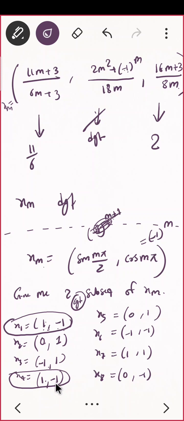x4 will be this one. Yeah. This will be 0. Correct. And next. Okay, so I have to just see that false. And what about fifth one? It will be 1, na? Minus 1. It will be minus 1, correct? And what about 6? It will be again 0. 7, it will be 1. No, 7, it will be minus 1.